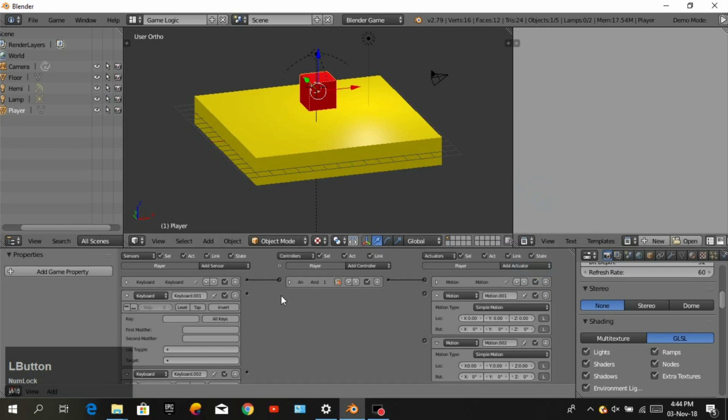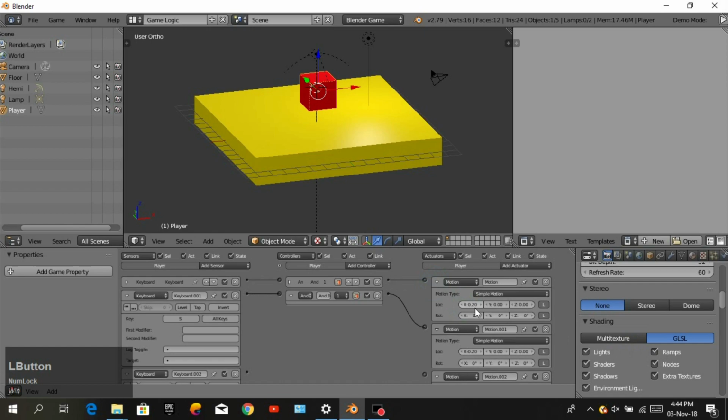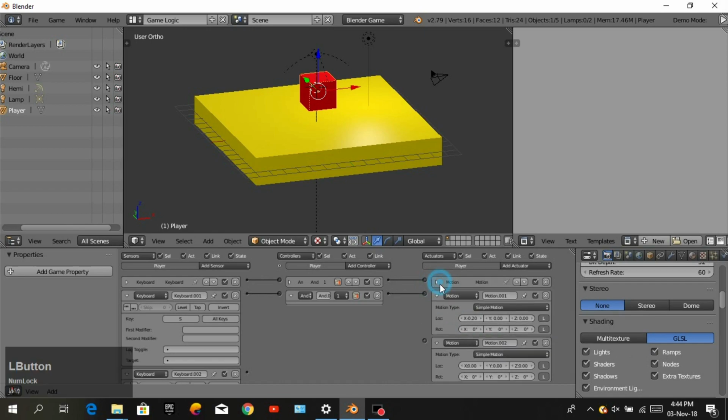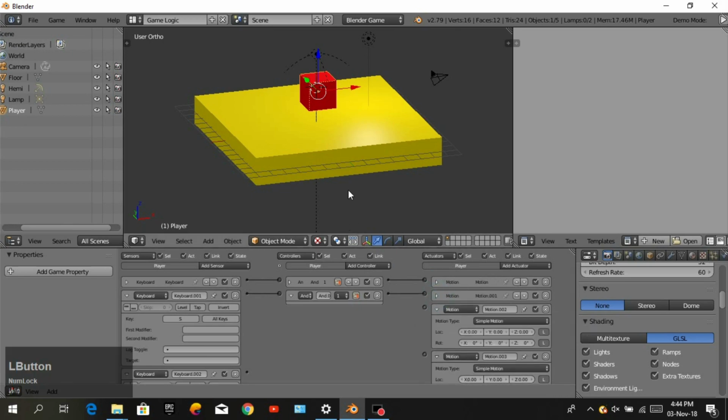Then in the second one we will press S for backward movement, and then join with the motion, and X to -20 because it was 0.20, so it will be -0.20. So play the game. Yeah, it's moving